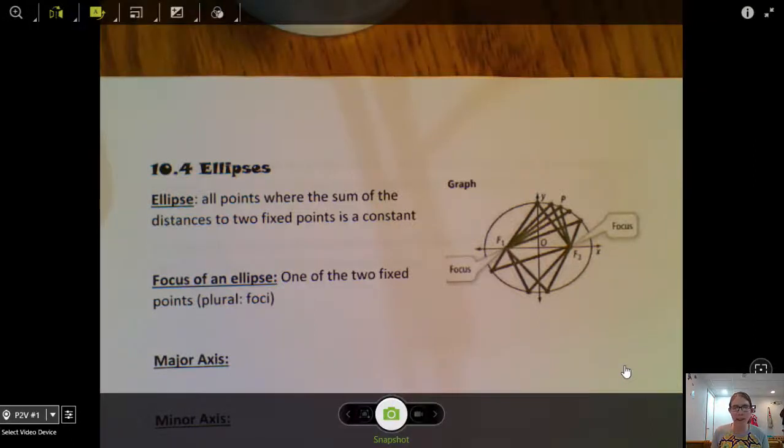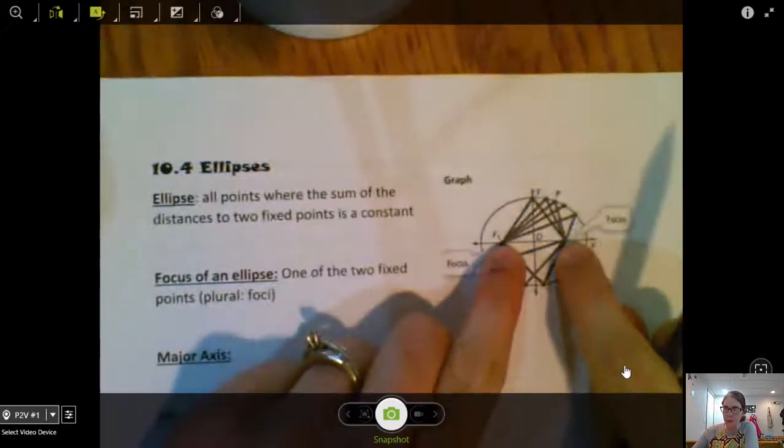In section 10.4, ellipses, I have this nice little note sheet for you guys. And hopefully this helps. We have a lot of vocabulary to deal with our ellipses. So I guess we'll start there. As you guys saw in that investigation,